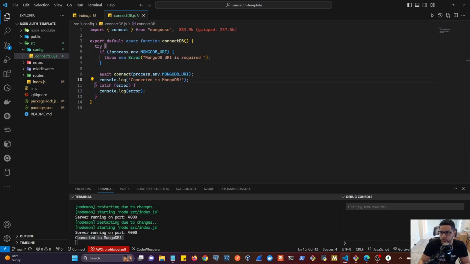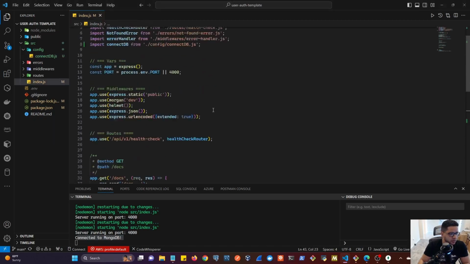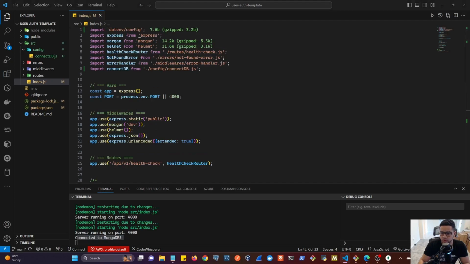Cool. So for the connection, that's everything we're going to do right now. So we're going to close that up, and let's see what we're going to do next. So we have connected to our MongoDB. Now we should be able to work on our user model. So we can start creating the schema. So inside of, let's say we don't have errors, middlewares, routes. So we need to create a new folder for